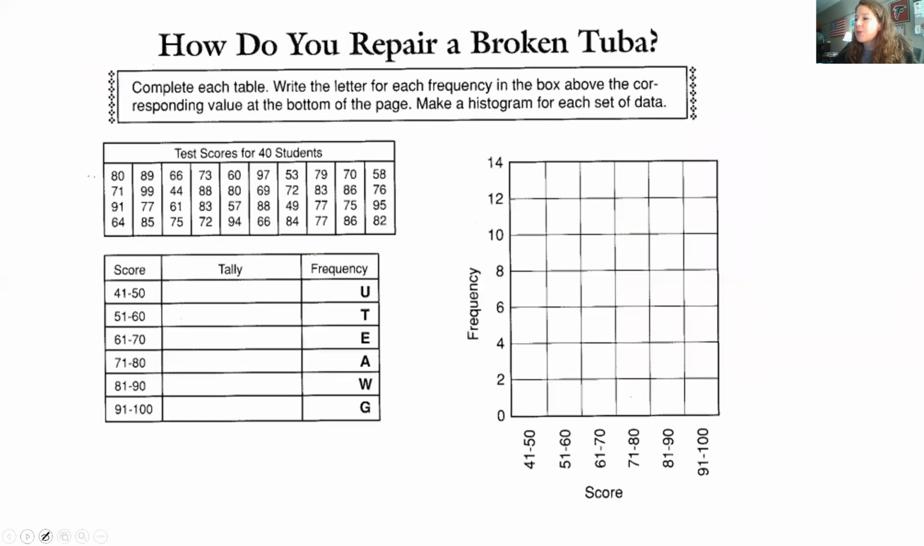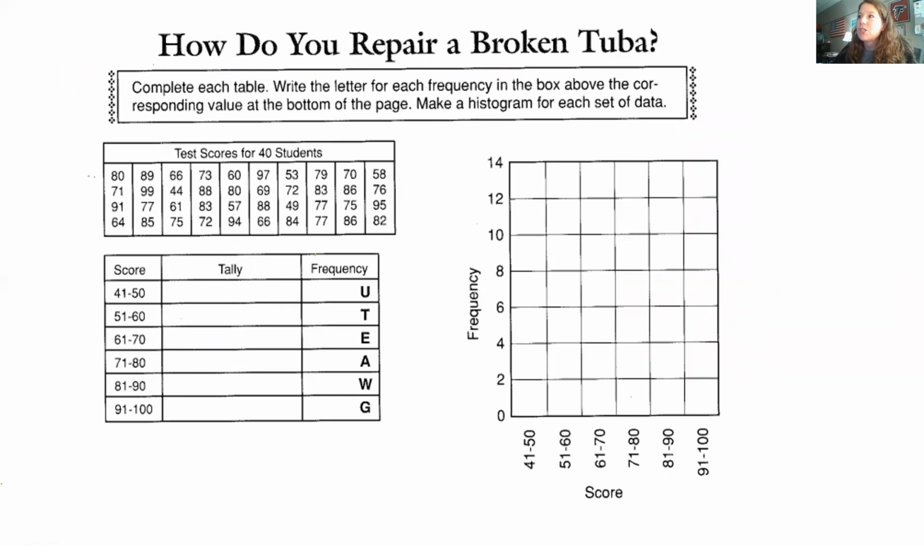All right, so you guys are going to do this sheet. I think this is Wednesday's assignment. How do you repair a broken tuba? And this time, I don't want you just to figure out the punchline of the joke. In fact, I don't care if you even figure it out because you don't need to tell it to me,